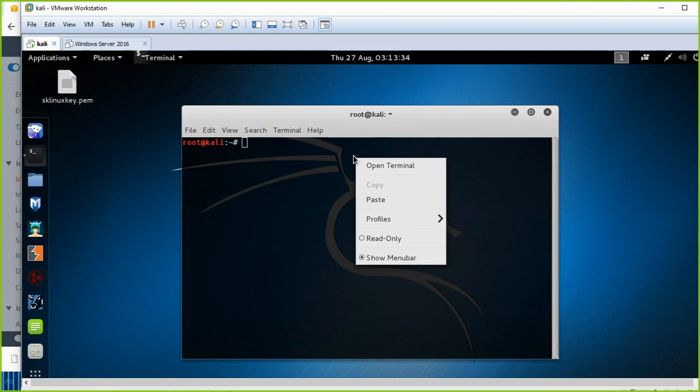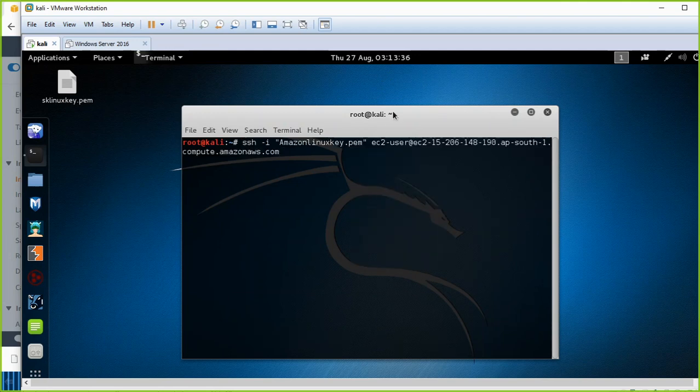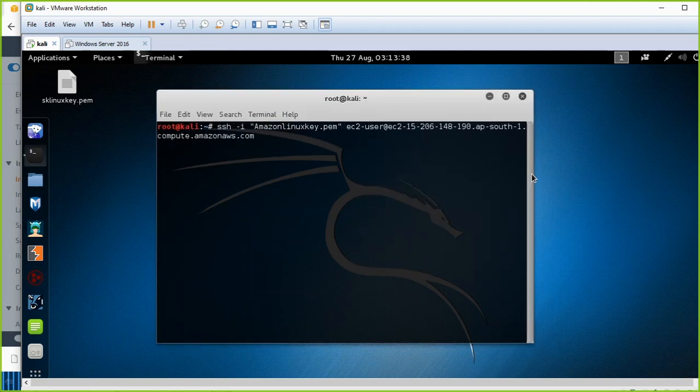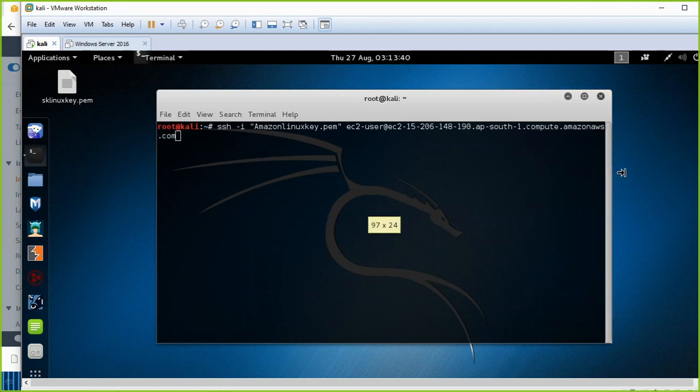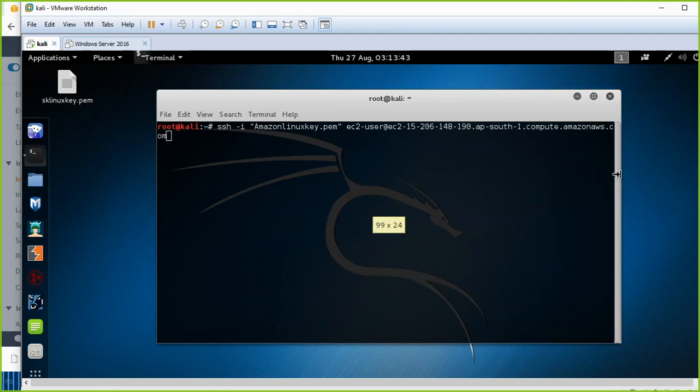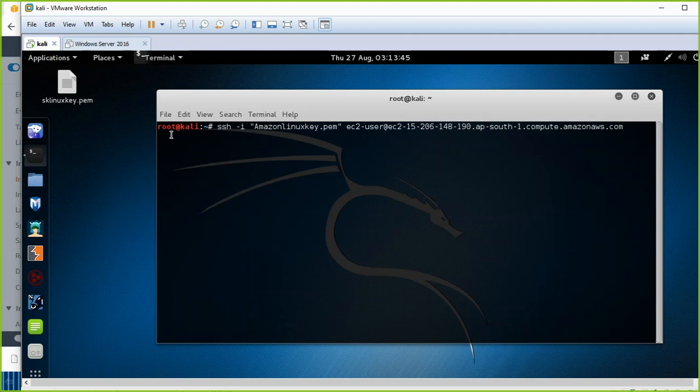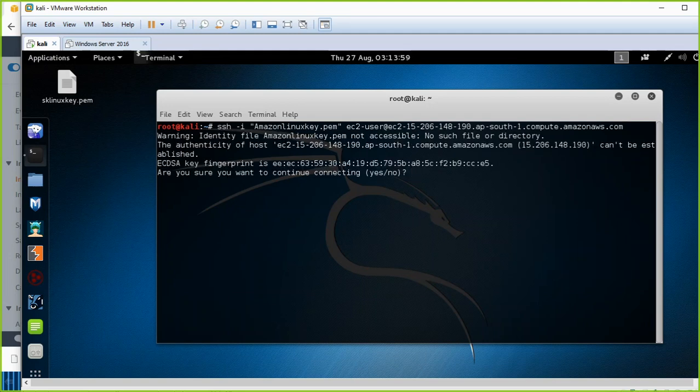There, I am just going to paste this command and show you. Before I execute it, you see right now I am root at Kali, on the Kali Linux machine terminal. But once I hit this, do you think it will be accessed just by typing this command? Do you think it will be allowed to access it? The answer is of course it is not going to be allowed.